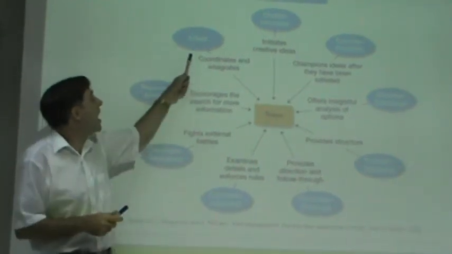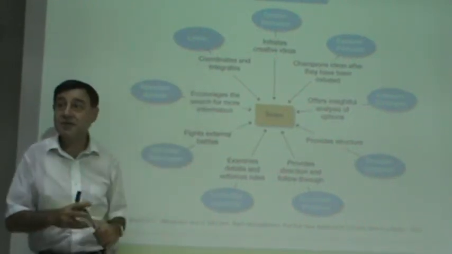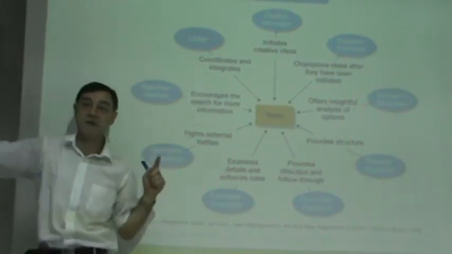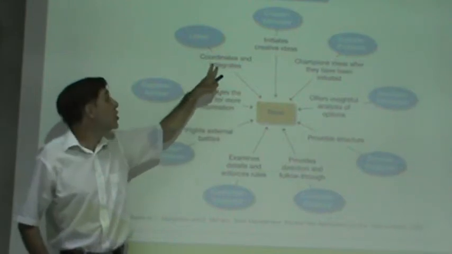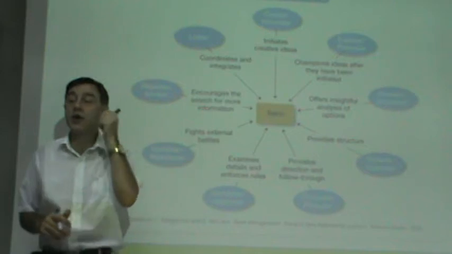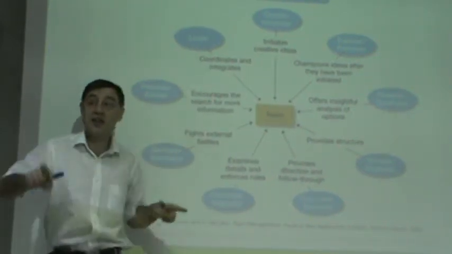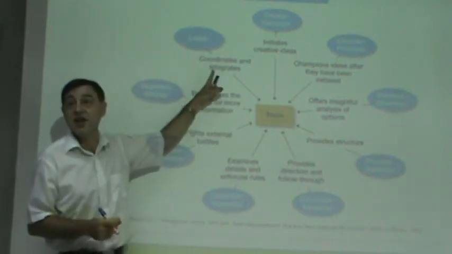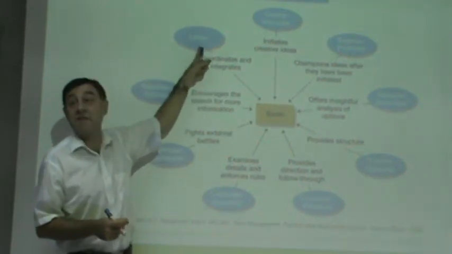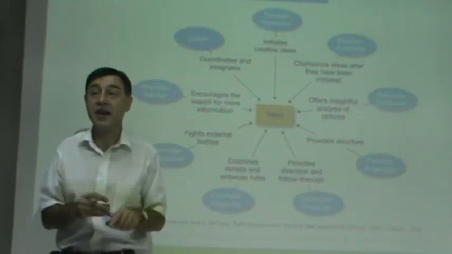And you need another guy, a linker, who coordinates and integrates. Sometimes the team will not be all in the same room. They may be in different offices, in different buildings, and you're going to have someone who's going to coordinate the link. Whatever the problem is, you send them a message, or you call, hey man, I need this, or whatever that thing is, and this guy's going to be coordinating between people, especially if you have 8, 10, 12 or more people. Then you definitely need someone to coordinate the job between so many people.